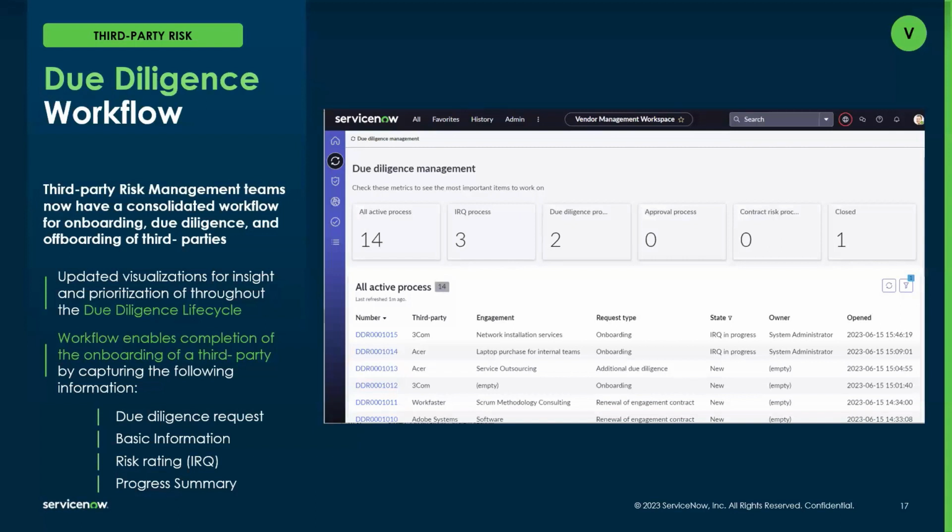So the workflow creates an umbrella of management of this process, but also allows for really quick reporting and even transparency to the first line. If a first line individual requests the onboarding of a new third party, they now have continuous insight into what state, what status that third party is in, and when they can officially begin the work with that third party.